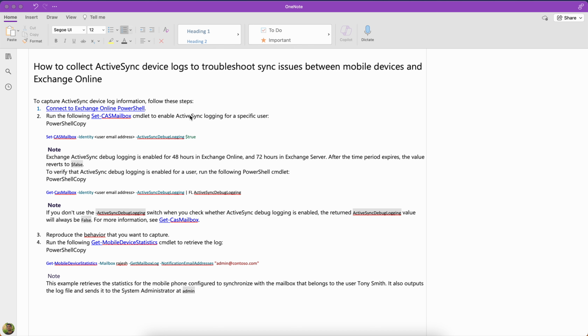But most of the time, they won't run it for single users, right? And it's not actually a good idea to ask them every time, even for capturing some of the logs for individual users. So it's better to get access to PowerShell, and they will share the credentials with you and you can run this command. What you have to do is run the following: the Set-CASMailbox cmdlet to enable ActiveSync